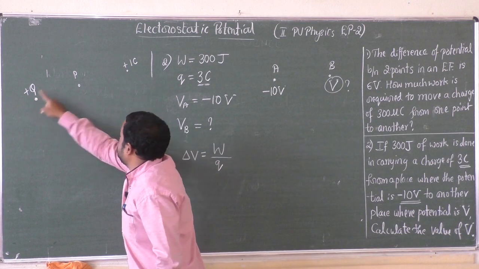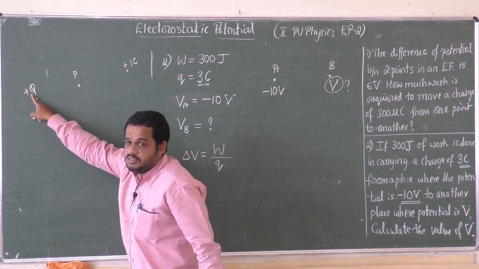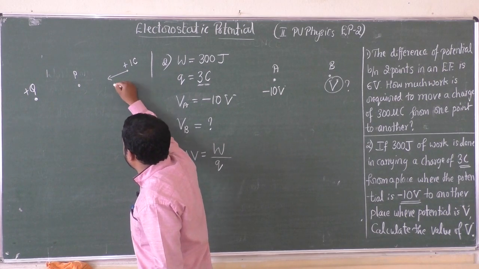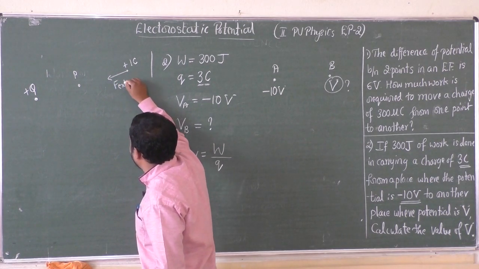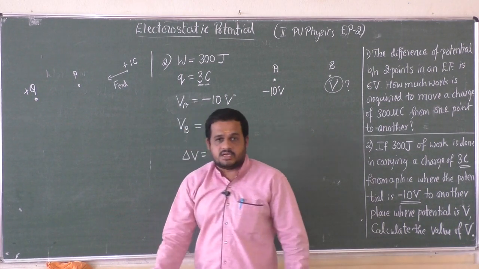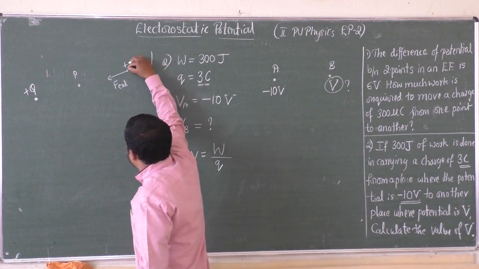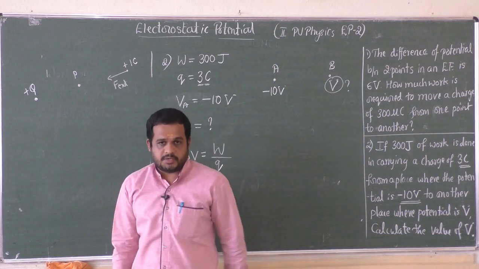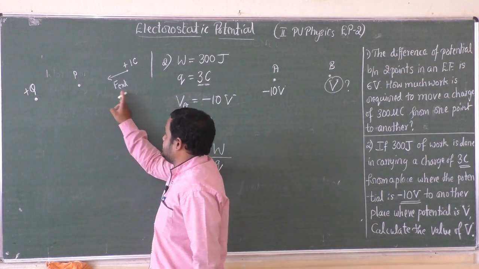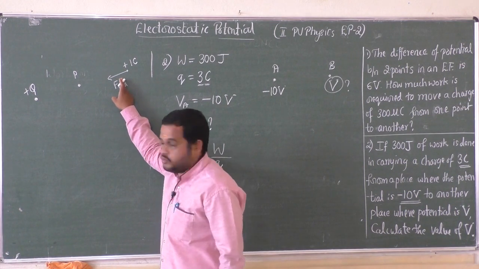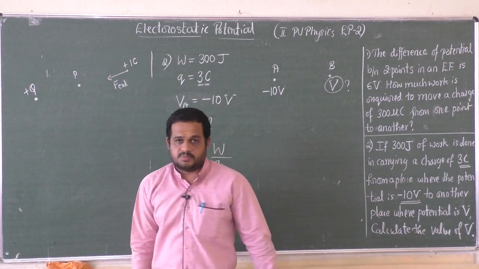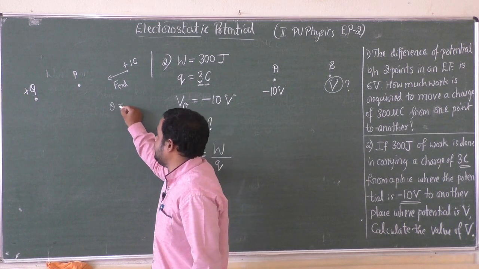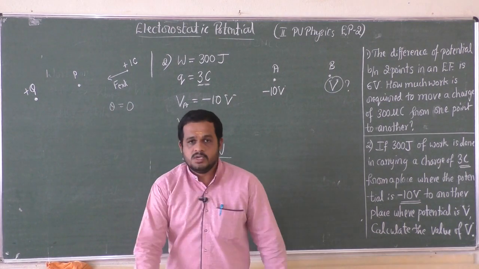That means electrostatic force between these two charges is repulsive. Against that electrostatic force, external force is applied, and with the help of that external force this charge is displaced in this direction and finally the charge reaches this point. In this case, direction of external force and direction of displacement is same. That means angle between force and displacement theta is equal to 0.